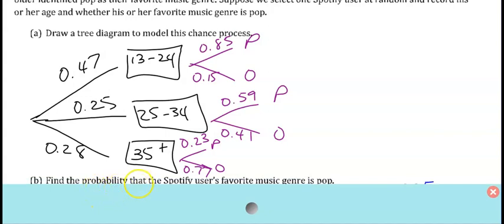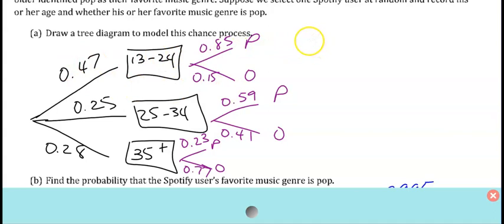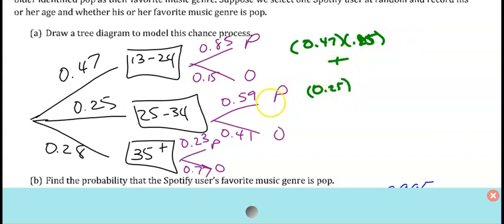So if we want to find the probability for users who prefer pop, again, follow the branch. So we want the 0.47 times the 0.85, and then we're going to add the 0.25 times 0.59, and then we're going to add the 0.28 times